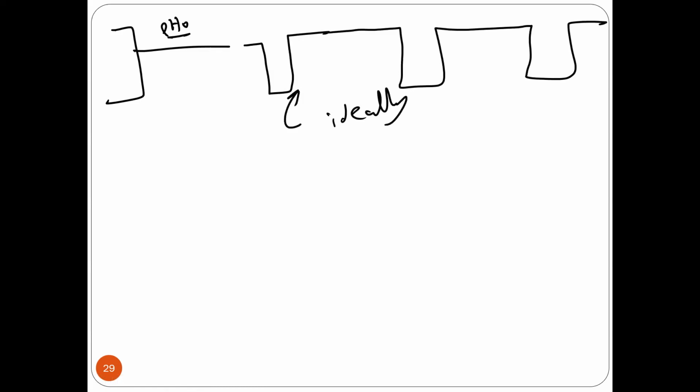Why? Because the switch has a spring, has mechanical parts. Mechanical parts cannot open and close immediately. So there should be some kind of bouncing. So when you open it, it should bounce: connect, disconnect, connect, disconnect, and then it's going to stay there. If you close, if you press, same thing. It's not going to press immediately. There should be some bouncing because of the spring, and because of this bouncing, this is the real